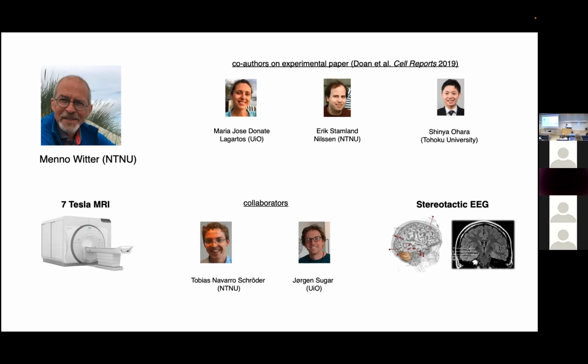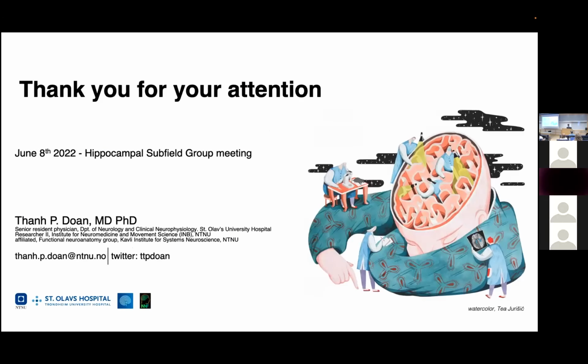And we are setting up also microelectrodes, to get single unit recordings in the only hospital in Norway, which is in Oslo. So with that said, we have both imaging methods and electrophysiology in humans and some knowledge in animals. And I think with this combined knowledge and the wonderful platform given by the hippocampal subfield group, there might be something cool happening. Thank you for your attention.